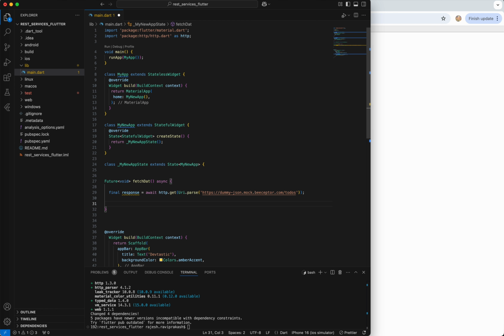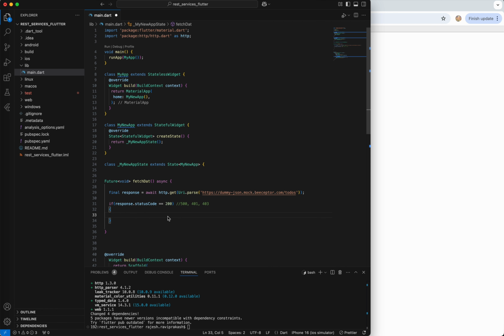Now after getting the response, let's check whether our response got the success response or not. We can do if response.statusCode. We can check for the status code, and we know that status code 200 indicates success. Also we can add conditions for multiple status codes, like 500 which is internal server error, 401 which is unauthorized, and 403 which is forbidden. There are multiple status codes that we can check. Let's go with 200 for now. So if at all we got a success response,